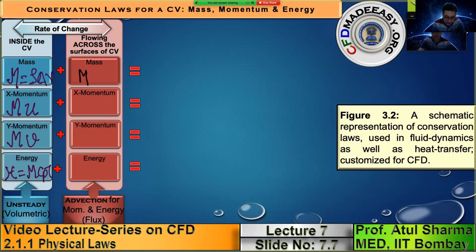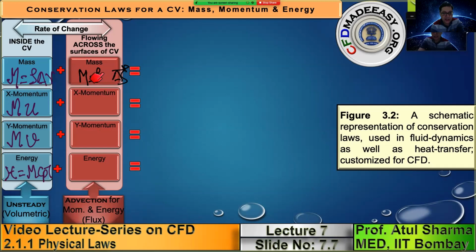Whereas when you consider mass flow rate, it is expressed as the product of density and surface area. Note that the mass is proportional to volume, whereas mass flow rate depends on the surface area. There is an additional variable which appears. Now this is an expression corresponding to mass, and this is corresponding to mass flow rate. Both expressions have density, which is common, whereas here you have a volume, here you have a surface area.